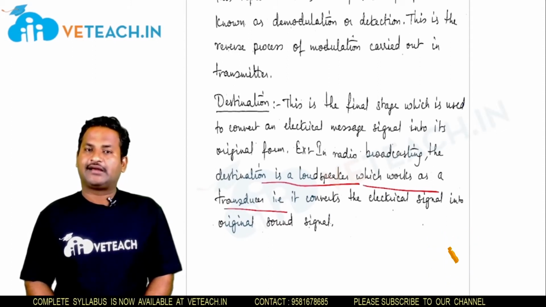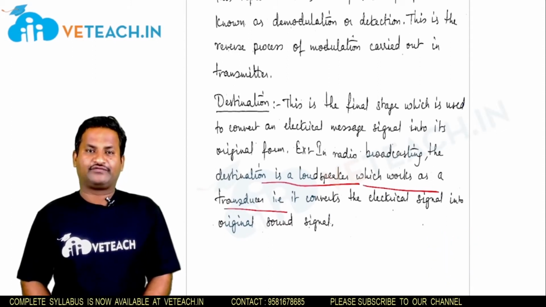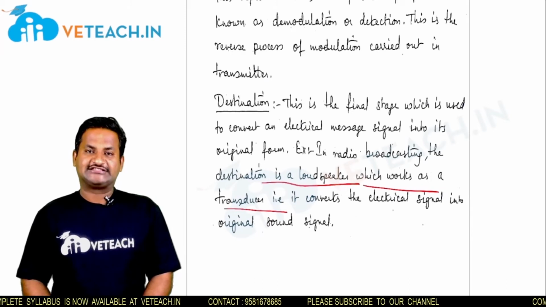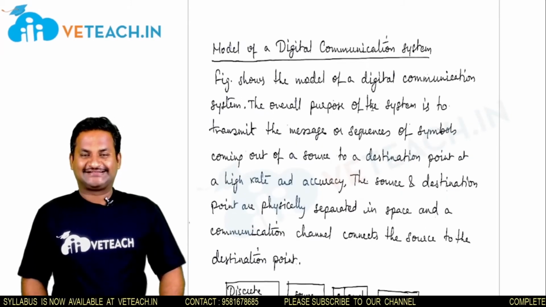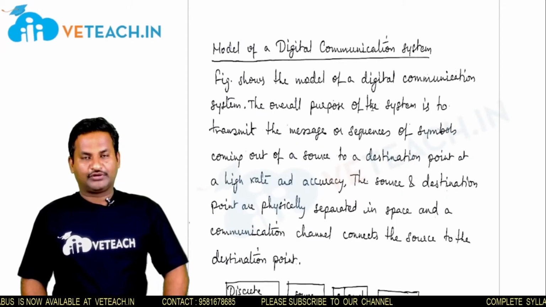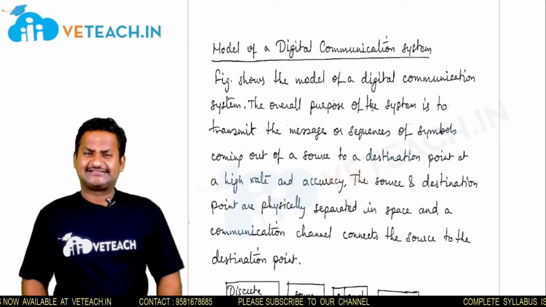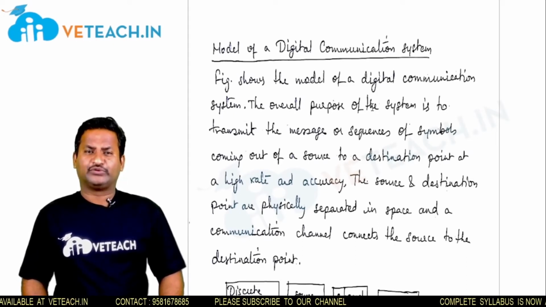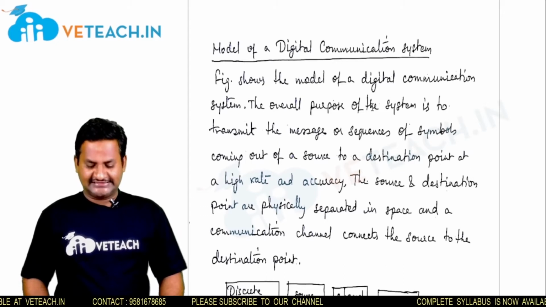That is nothing but the mechanical energy. What are the elements in a communication system? What is the model of a digital communication system? Here the model of digital communication system consists of the entire process: how the original information source itself consists, how the